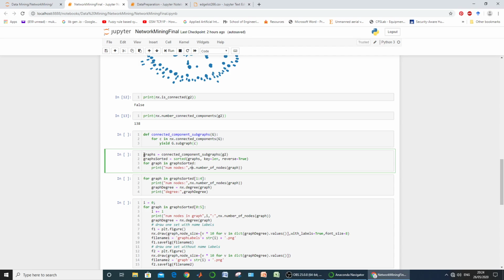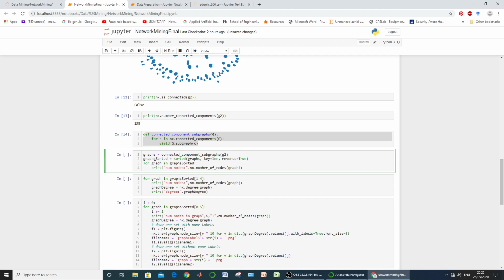So we have to make a call: graphs is equal to connected_component_subgraphs of G2. This function is called with G2 as the argument, so the disconnected components are returned within the list graphs.